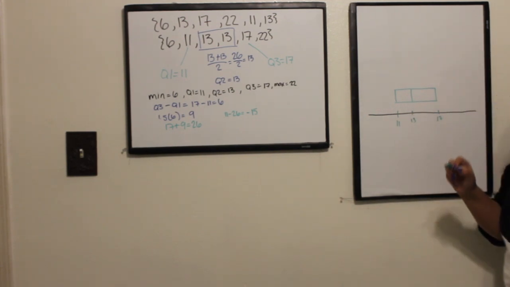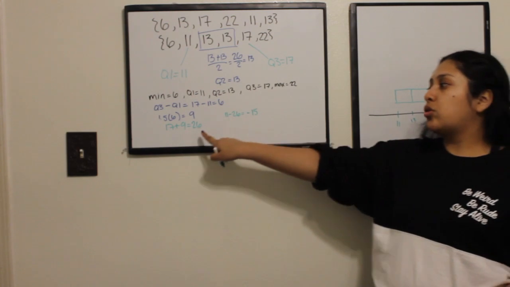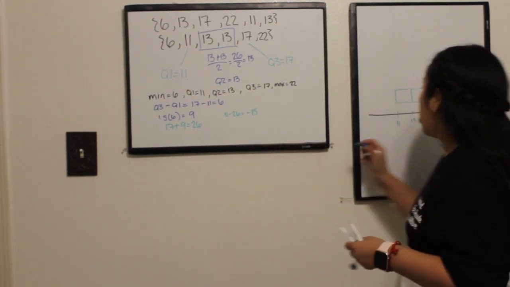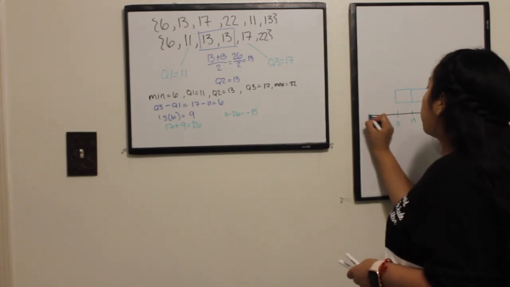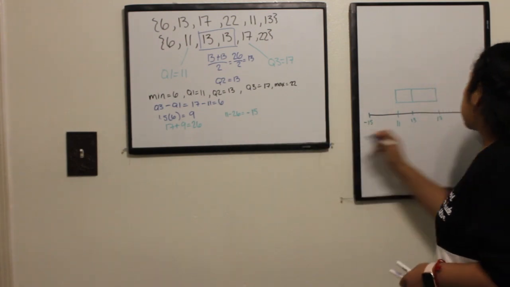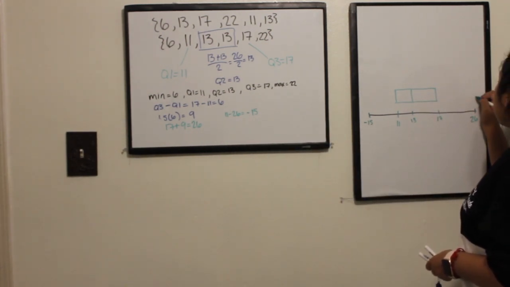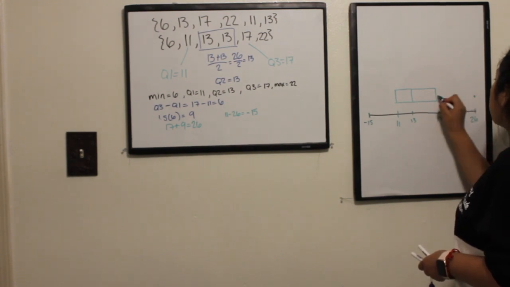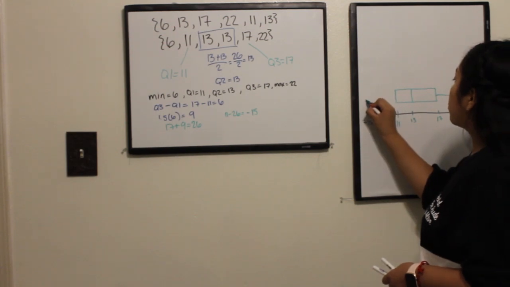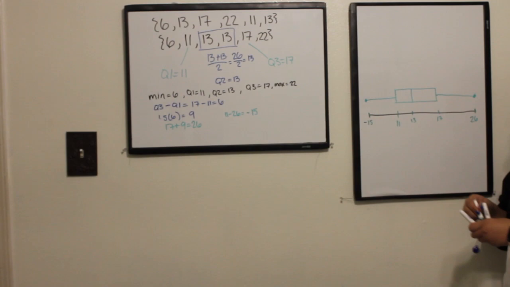So there's that. And now using these numbers right here, we're going to place them also in our graph, and those are going to be known as our whiskers. So our whiskers is over here. I'm going to put it over here as negative 15. And then 26 is going to be all the way over here. 26, and then we're going to place a little dot, and we're going to connect it to our box. So I'm going to do our little dot, connect it to our box,